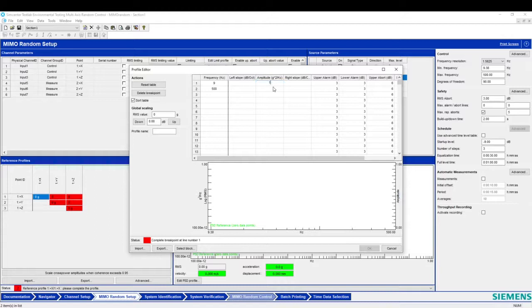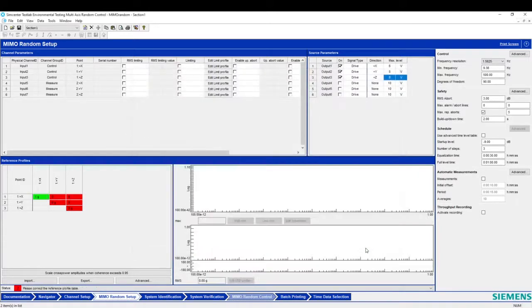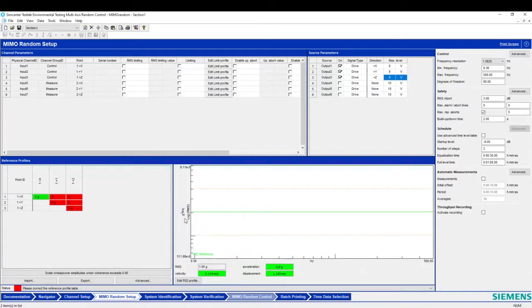So we can put 1 and 1 because we want just a flat PSD in the entire frequency band. And then here in the global scaling we can scale down our PSD profile by setting the proper RMS value. So if I put 1 G RMS and I click OK,